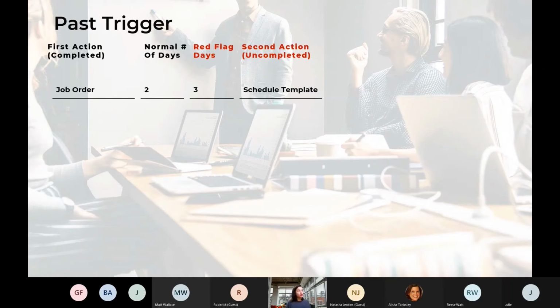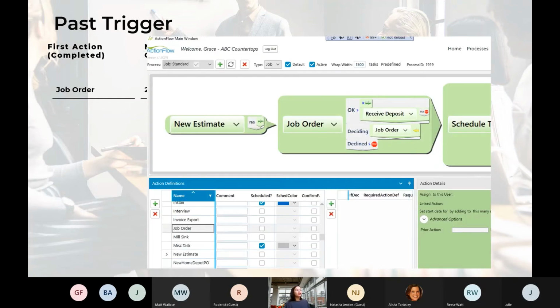Now we're going to go ahead and open up ActionFlow. If you have a second screen, or if you have one screen, maybe you can try to put it all into one screen, but I can describe what we're going to do if you need to just look at ActionFlow. So open up ActionFlow and pull out that past trigger example. That was where you had job order, and in my example, I had schedule template. I'm going to have you open ActionFlow and go to processes,